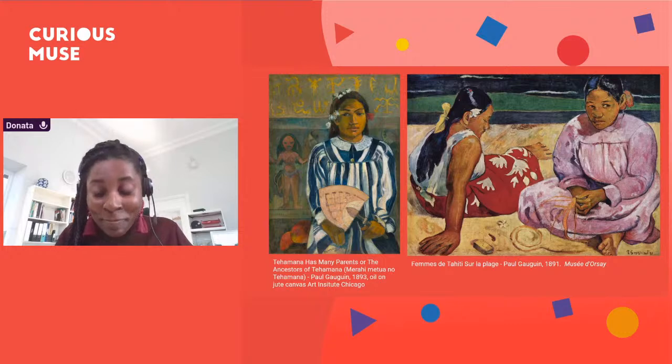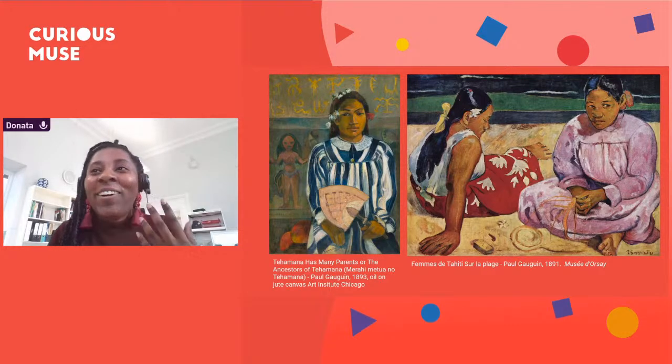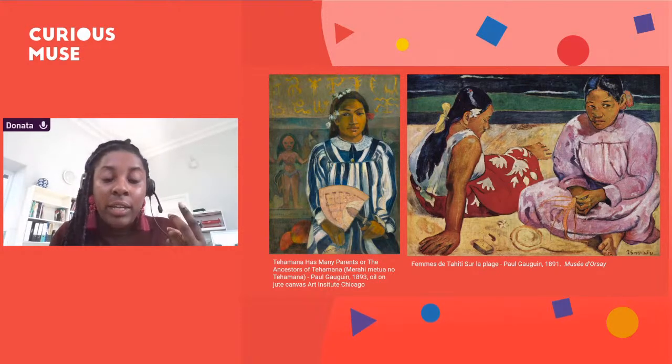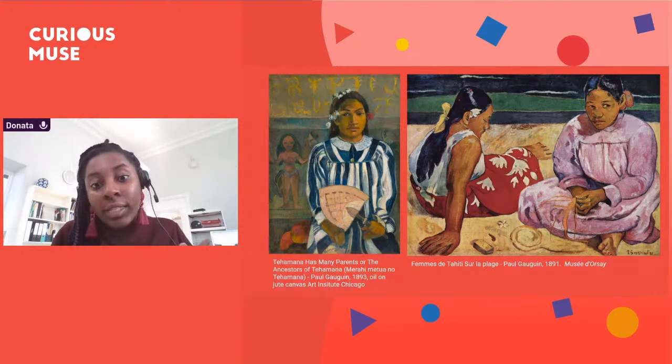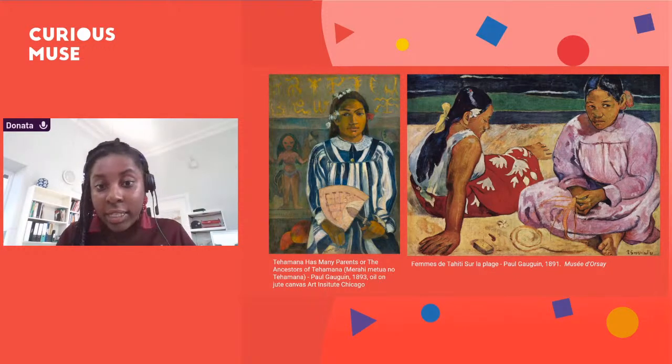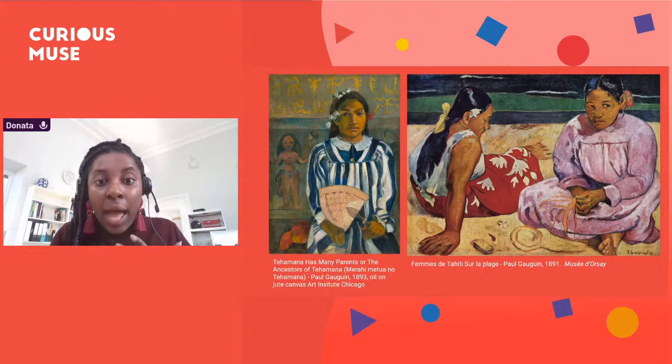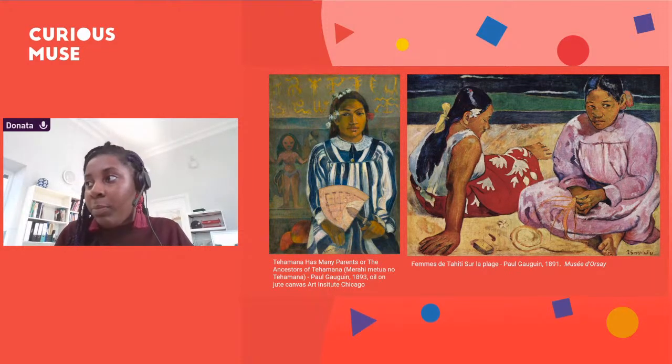And with primitivism, Gauguin is not only interested in Oceanian art, but also interested in his own projection of what he thinks Oceanian art should look like, what he thinks Oceania should look like as a continent, what Tahiti should look like for him as a French man with power and prestige during the period as an artist. So we see some of his desire and all of that reflected through the oil paintings that he produced.